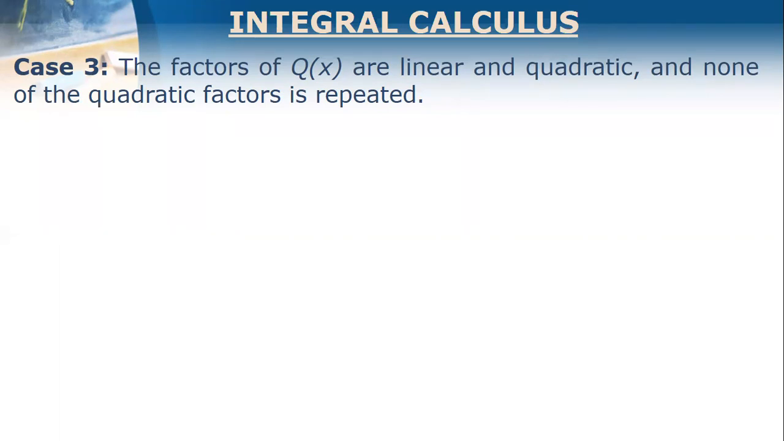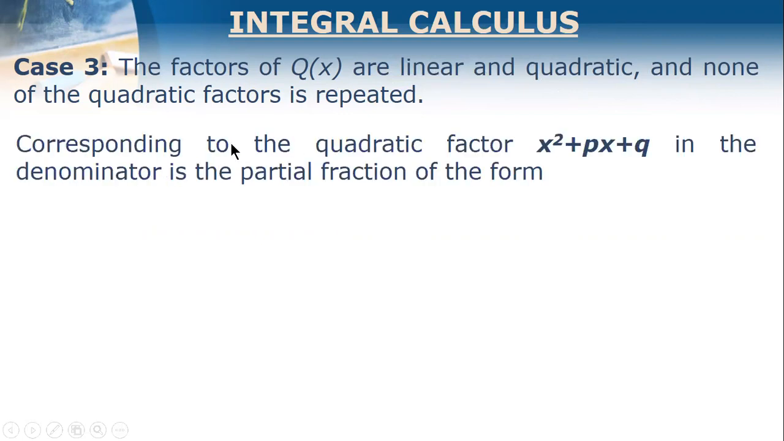So actually, our main focus in case 3 is on the quadratic factor, because for linear factors, we already discussed them in cases 1 and 2. Okay. So for case 3, it's on the quadratic factor. And make sure that no quadratic factor is repeated. So corresponding to the quadratic factor, for example, you have this quadratic factor x squared plus bx plus q in the denominator, the partial fraction is of the form